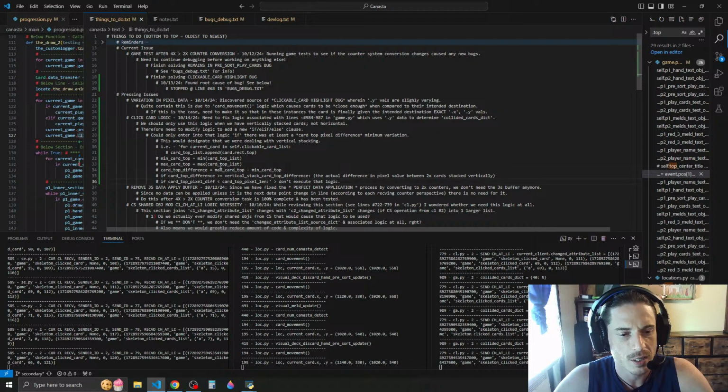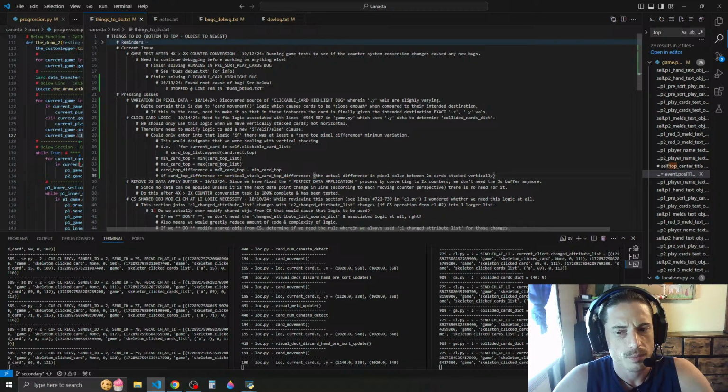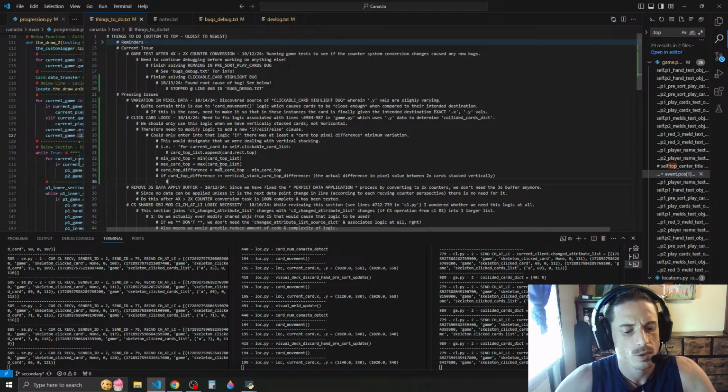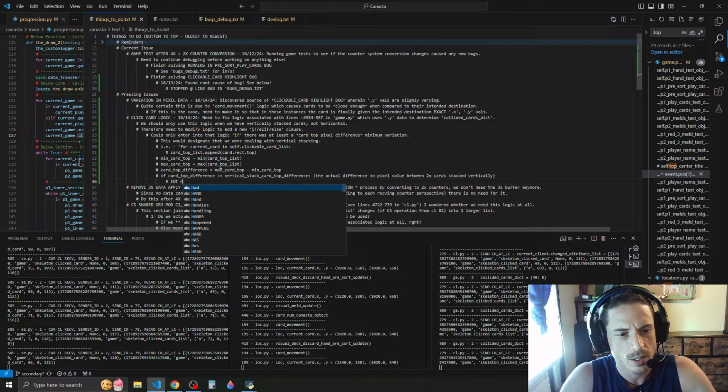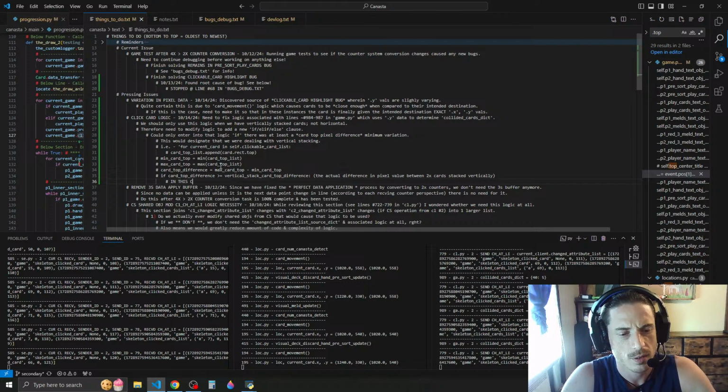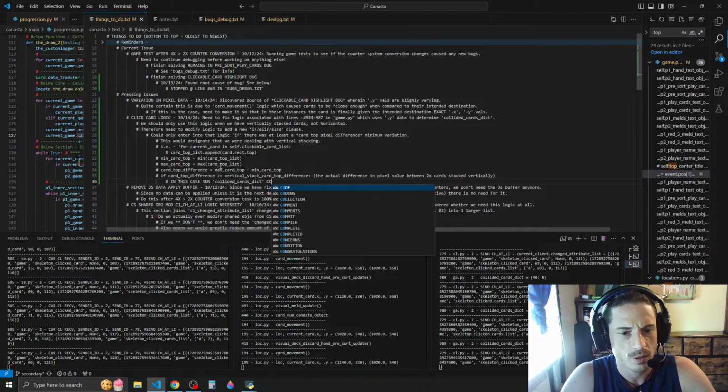So in this case, we would want to run the collided cards dict code,